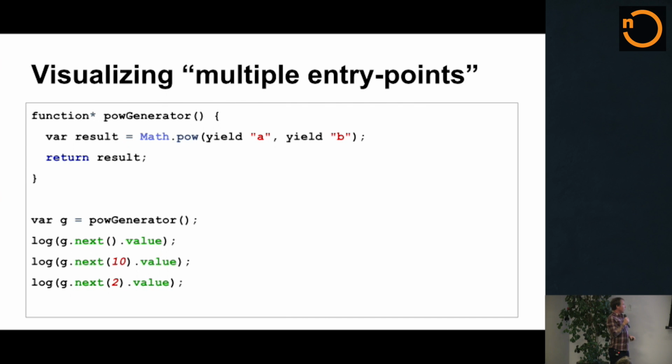So, visualizing multiple entry points: the Fibonacci sequence is awesome, but we can get a little more complex, visualizing what I was talking about, where you're re-entering a program not at the end of the line, not at the beginning or the top, but somewhere, at the end of an expression. So, looking at this code, I bet somebody can guess. Let's just assume that log is an alias for console.log.